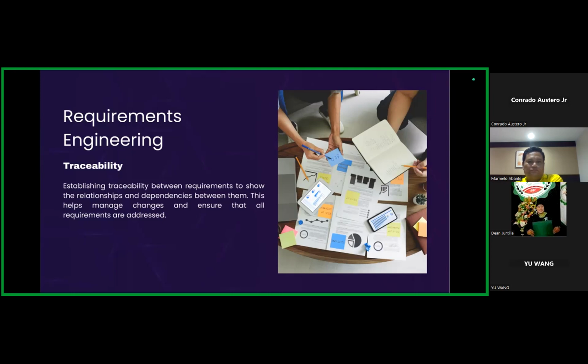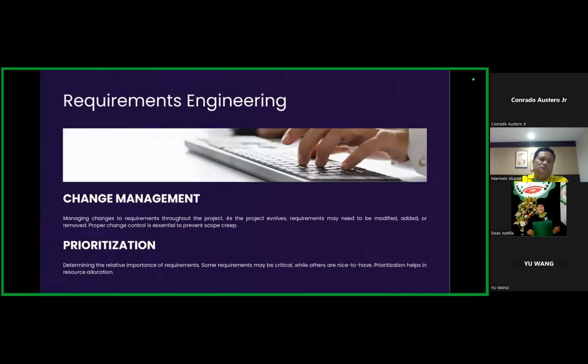Next, the change management. One of my experiences as a software engineer is that change management is definitely one of the harder parts in the life cycle. As technology evolves, so do the requirements and needs of our clients.